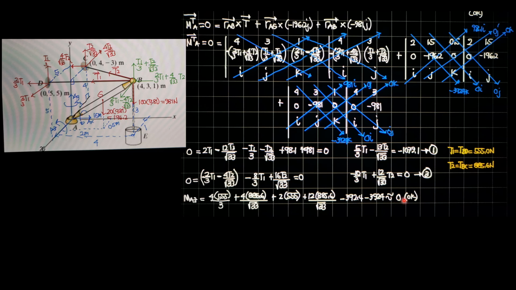Then using your calculator, that is approximately 0. So almost 0, or 0.1, 0.2, compared to 885.6, that's very small, so that's almost 0 because of rounding of values to just 4 significant figures. So we obtain the same answers, and therefore that verifies that these answers are correct. So I just presented two solutions.